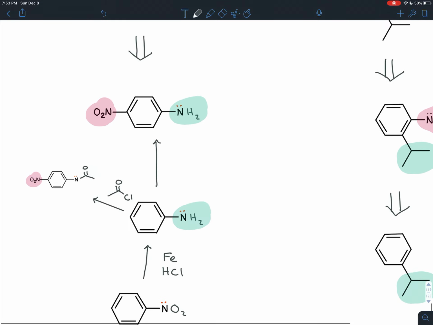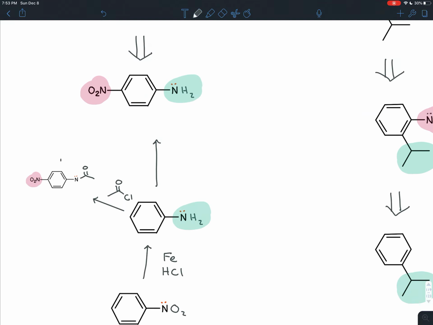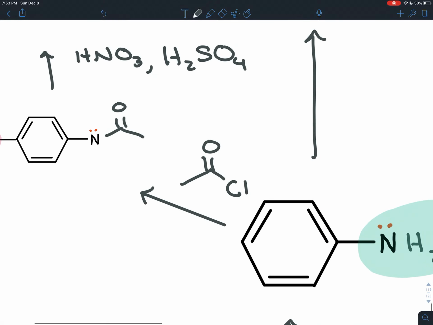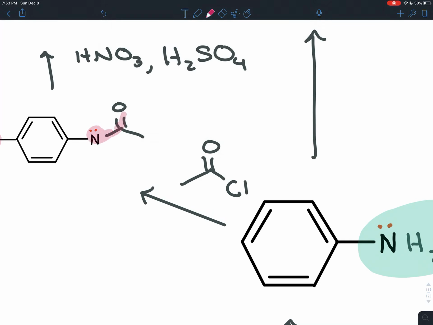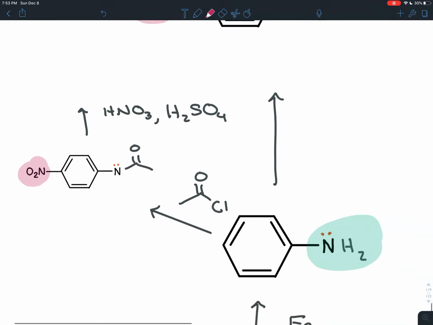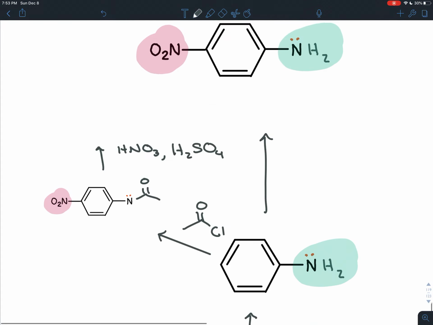Then you can do the nitration. Then you can add HNO3 and H2SO4 because this lone pair is not as basic anymore. It's allylic to this carbonyl. And so it's being spread out and stabilized through resonance, so it's not going to act as a base anymore, and these acids can do their nitration. So you would end up with